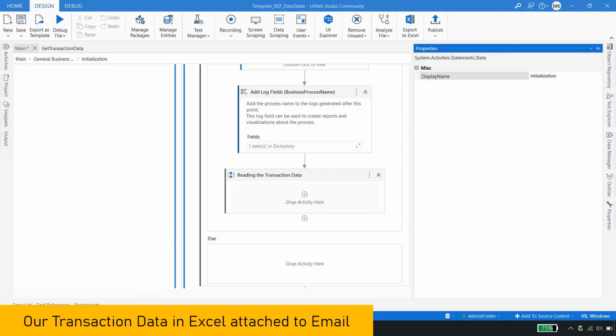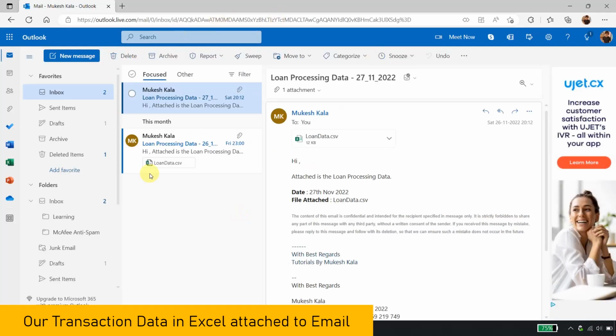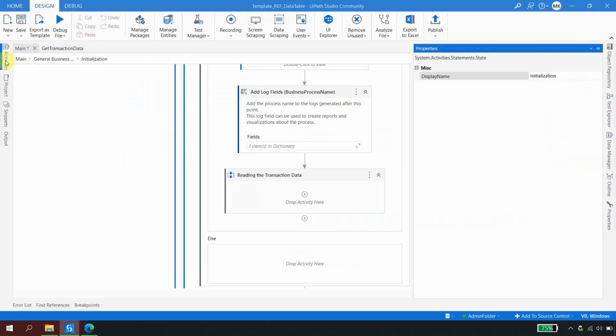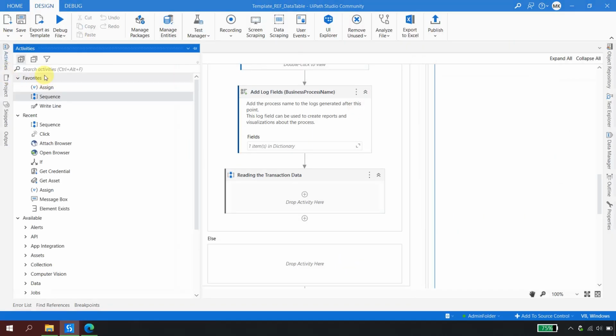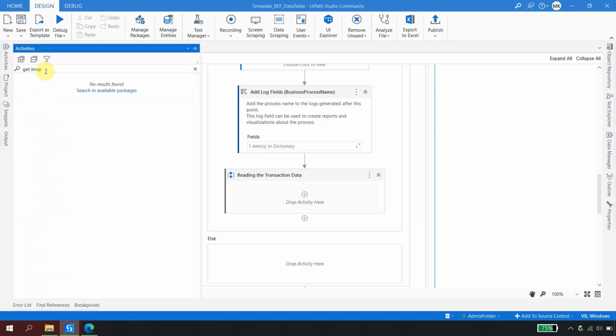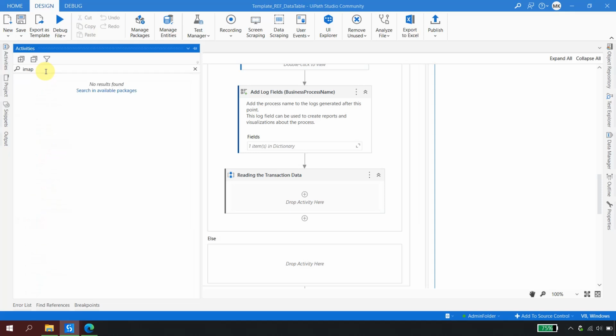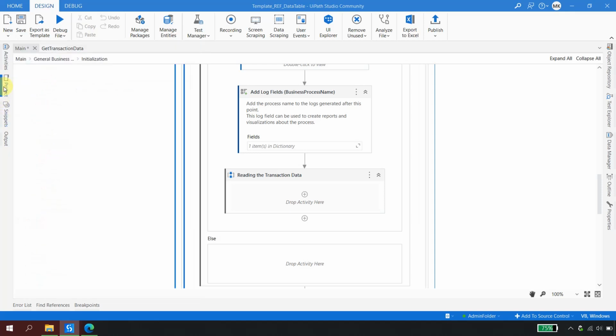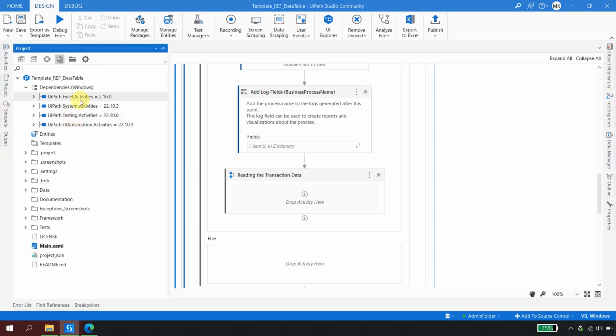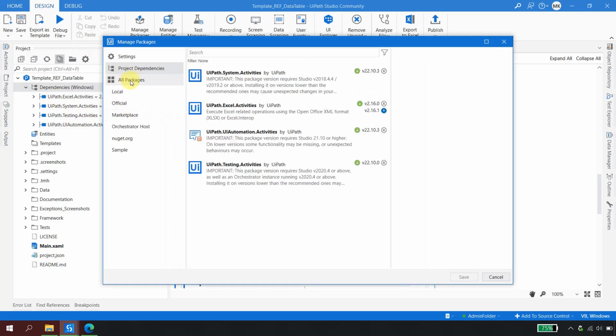Now to read the transaction data, the first thing is we have to go to the email. I am using Outlook and I want to read the attachment. So I'll go to the activities and I'll take an activity called Get IMAP Mail Messages. Okay. Let me again go here and I say IMAP. I'm not getting IMAP. The reason for that, in my project, I do not have the mail dependencies. So let me quickly go here, go to manage packages, in the all packages,